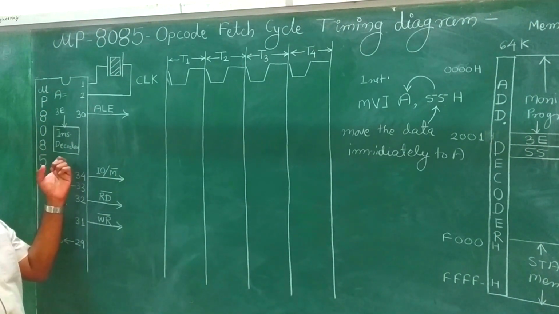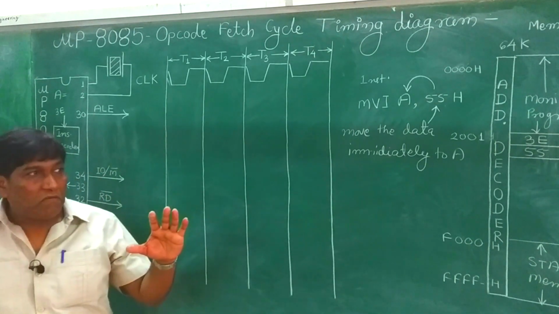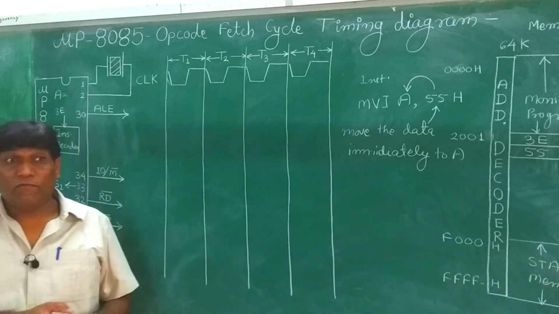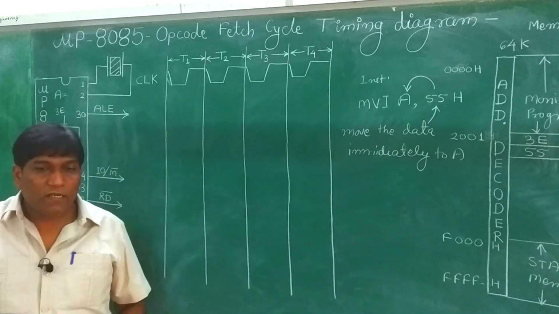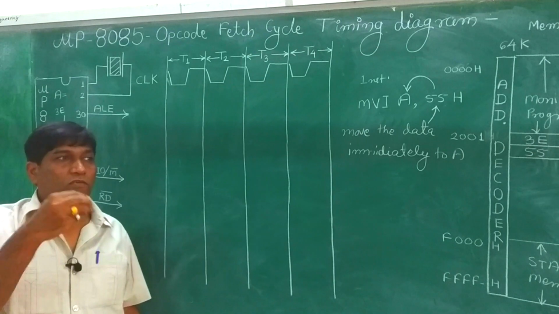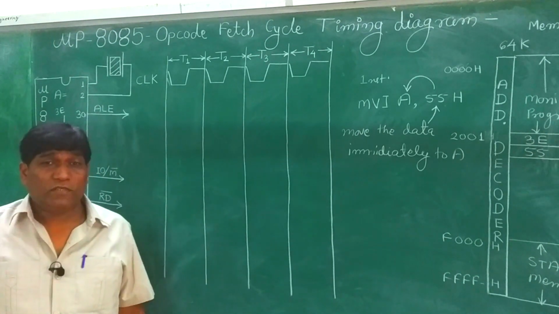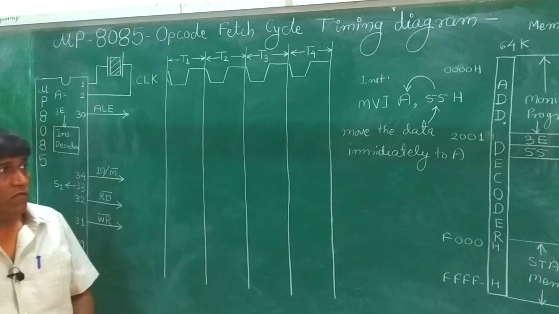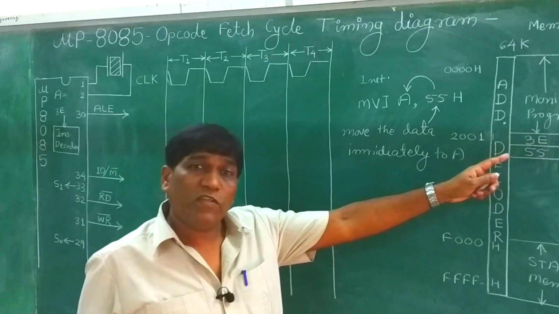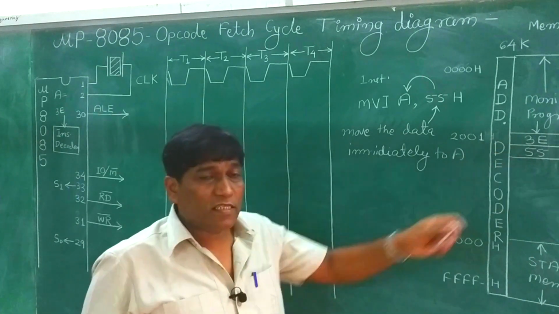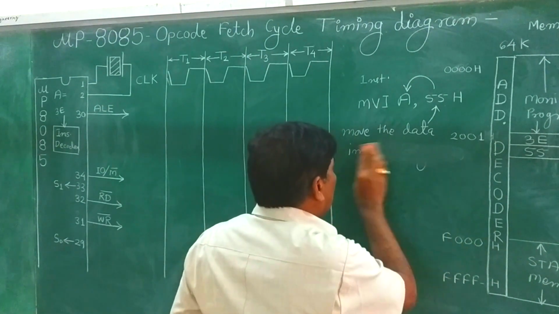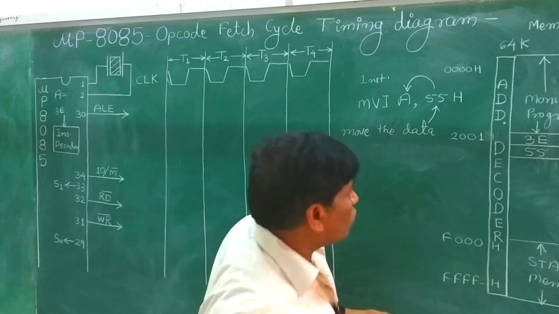That means the machine will understand the binary codes, and depending on the binary codes, it will decide the different operations. What are the different operations? As we have already explained: memory read, memory write, IO read, IO write. These are the general operations. Which means for MVI A, the opcode is 3E, which is written in the memory at a location number 2001, and at 2002